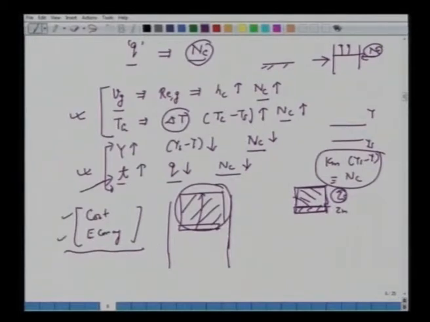So their cost and economy have to play a role. And again, if you have some design course in your syllabus, you will come across some of these aspects on drying, or the cost or economy of the drying. We skip those discussions here. Alright, so before we take this example, let's try to summarize what we have done.